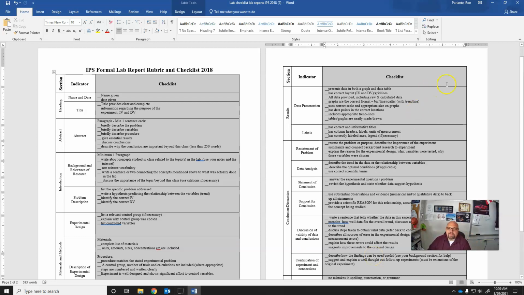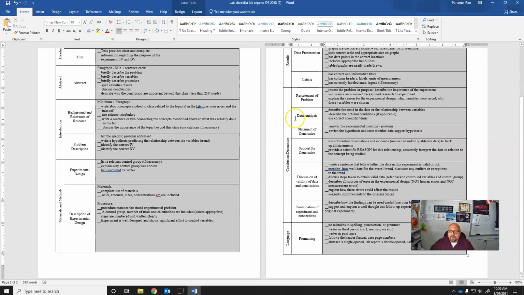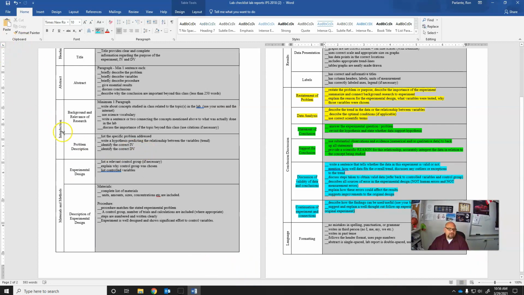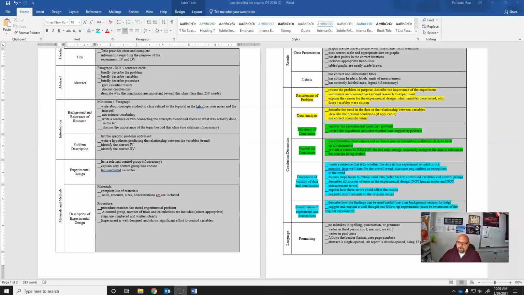You don't have to format it this way when you do your final report. But what I usually tell students is, when you get into the conclusion section, what I suggest you do is break it up into 3 different paragraphs. I think this makes it easy, okay? So I'll highlight this in different colors so you can see what I'm talking about. Usually 3 paragraphs will give you the main gist of what we want to look for in this part of